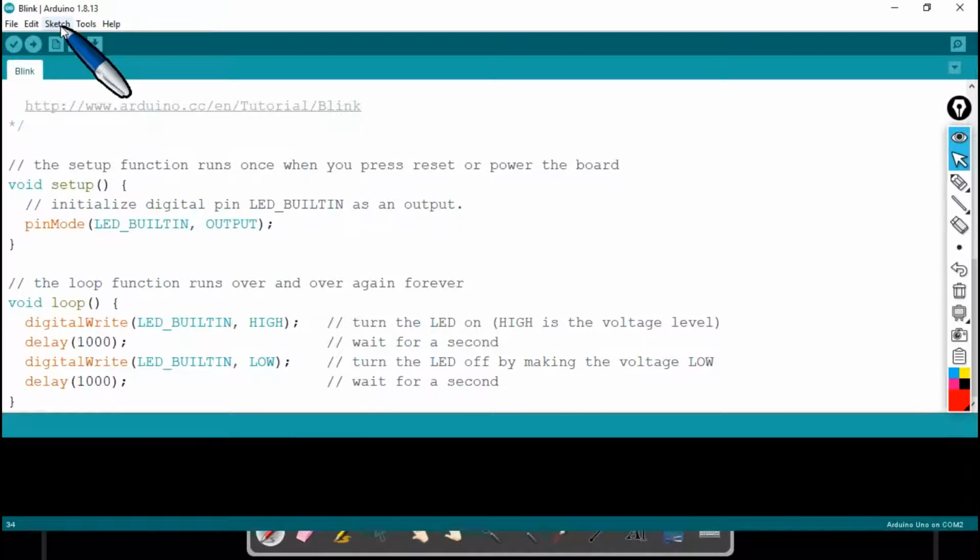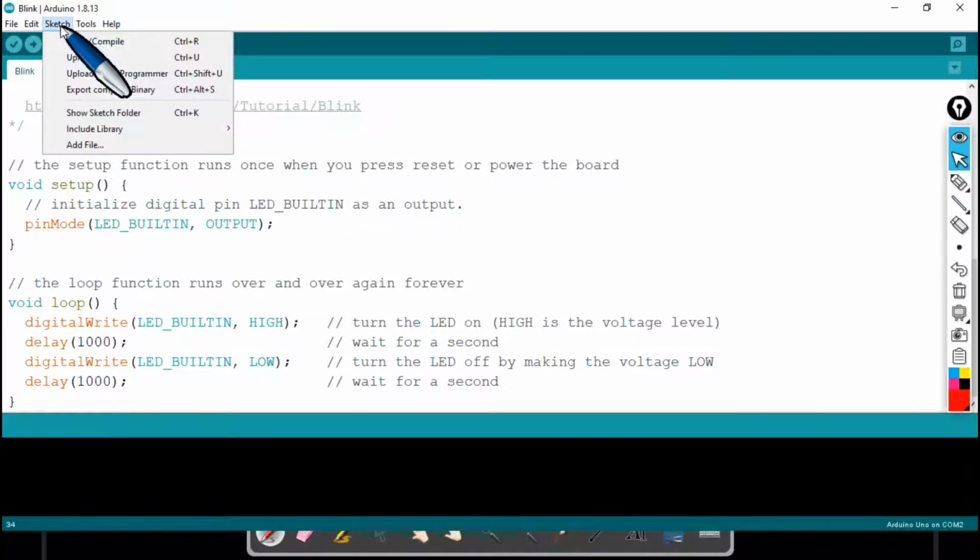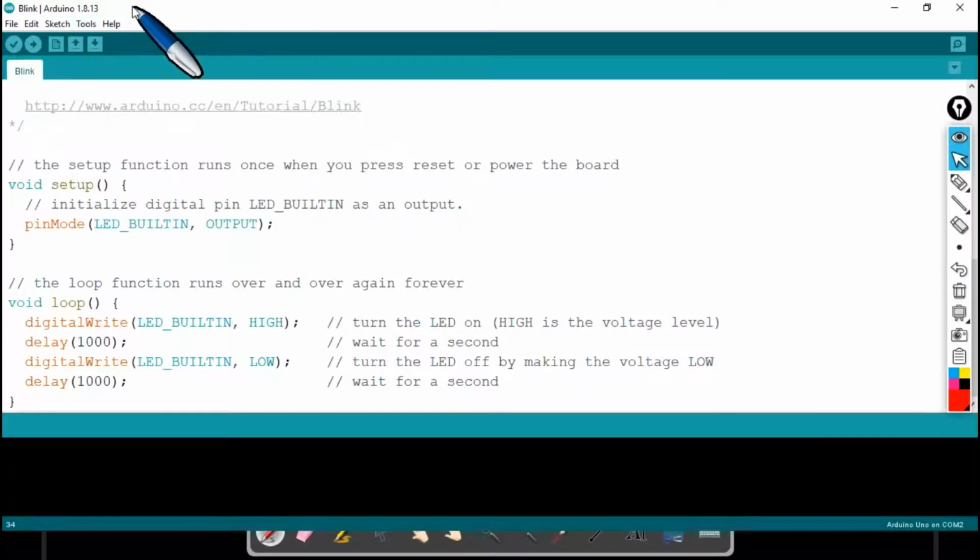because this is a high-level language, but Arduino Uno is a development board that can understand only machine level language, we got to convert it to machine level, for which we will make use of a compiler. So in order to compile this program, all I got to do is hit on this tick mark.